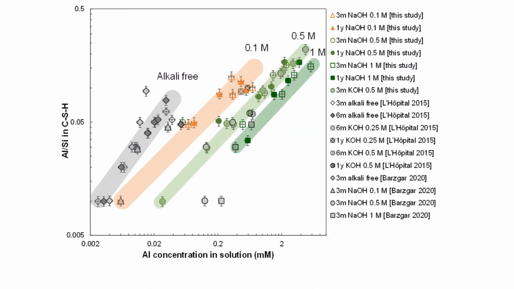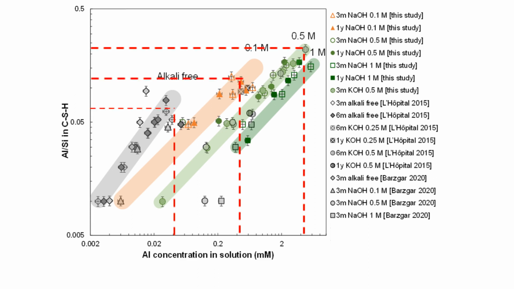Next, I will show you the effect of alkali hydroxide on aluminum uptake. See, when pH value increases, dissolved aluminum concentration in solution increases, and also the aluminum to silicon ratio in C-S-H increases. Similar slope was observed for different pH values, so we assume that the aluminum sorption site in C-S-H is